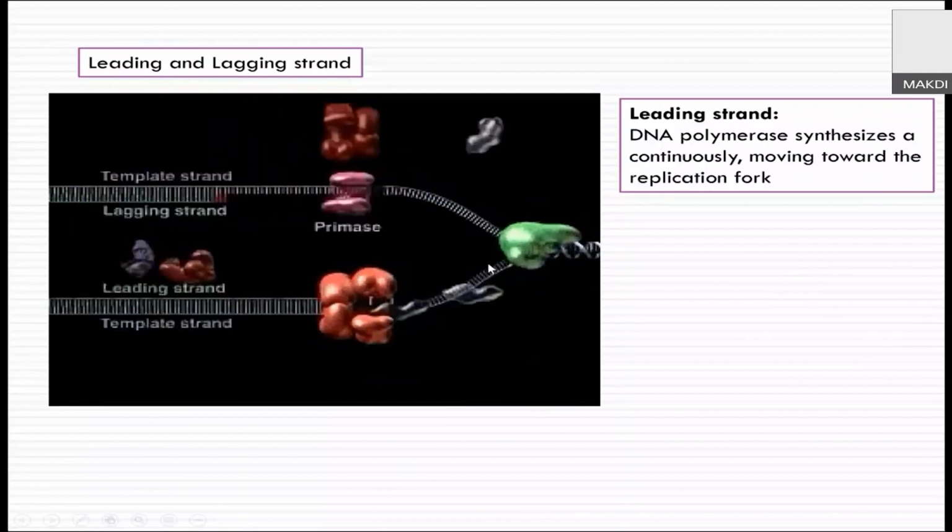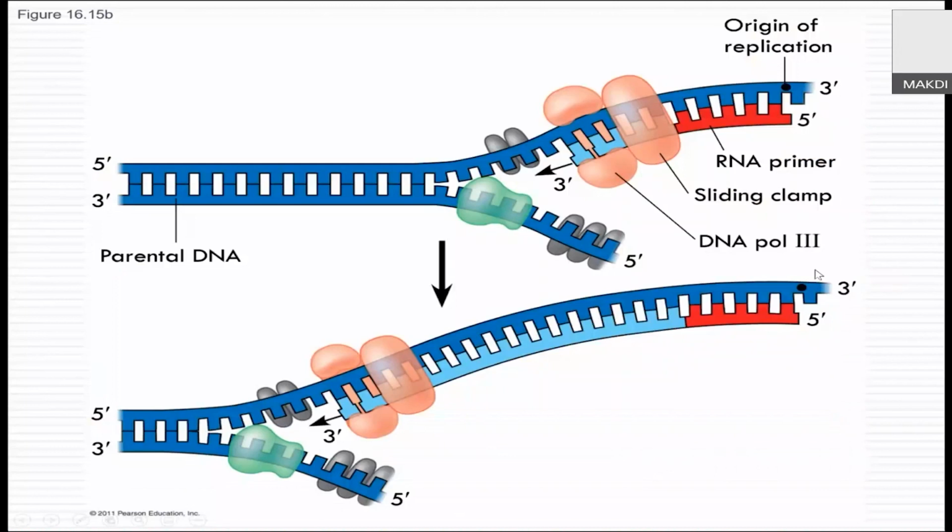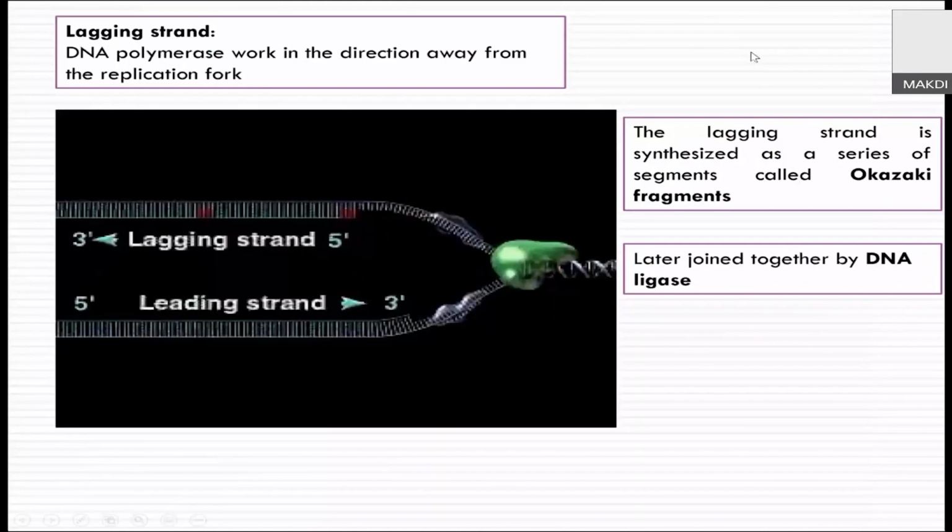Continuous. Okay. This one is for continuous. So they add primer, RNA primer, then bind di sini. Ini akan continue sampai ujung. Tapi untuk lagging strand,